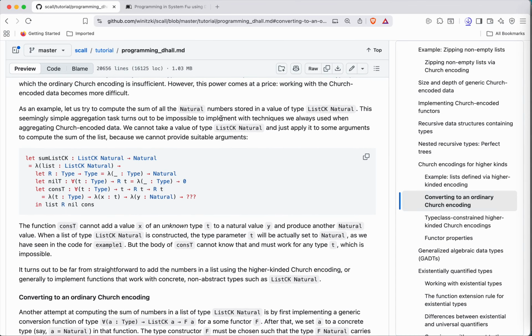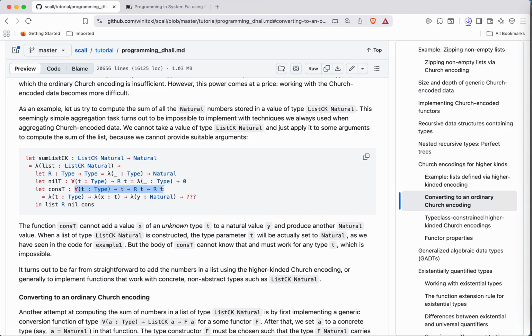And an example of how things just don't seem to work at all is, suppose we have a list of natural values and we want to compute the sum of the elements of that list. And it turns out I couldn't figure out how to do it with this Church encoding. That's pretty interesting. So again, we try with a constant functor. So the first question is, what is this arbitrary type constructor R that we need to substitute? Well, what if it's a constant? Then you need to supply